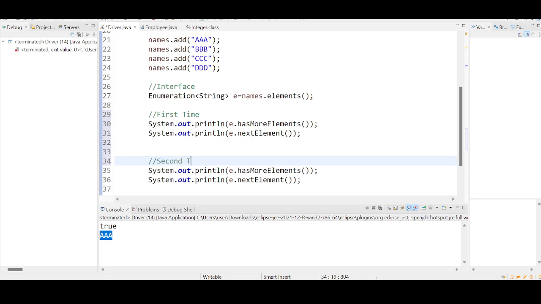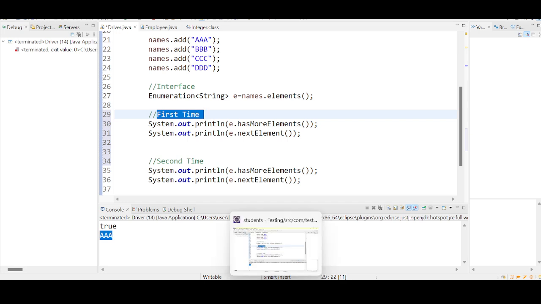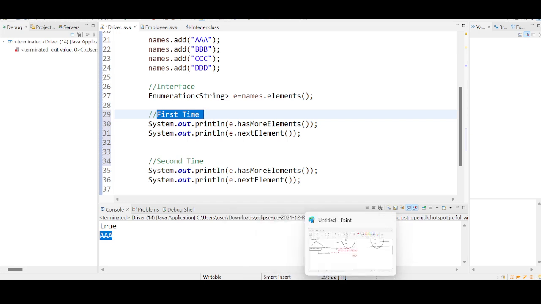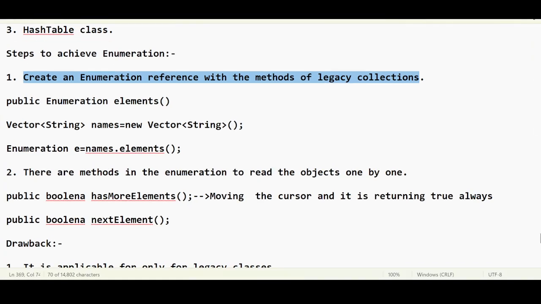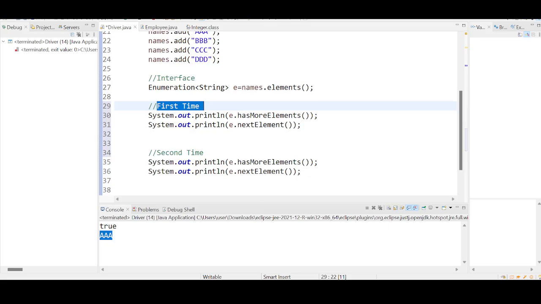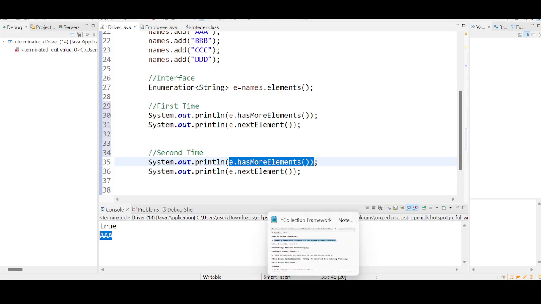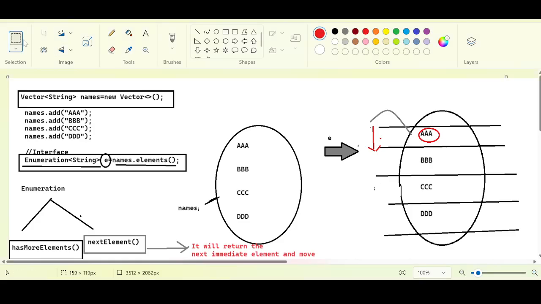When I do this for the first time, the position of the cursor has been changed, right? Previously the cursor was here. Now the cursor has become here. Now you are asking again, E dot has more elements. So the cursor will listen to you, and the cursor will check is there any more element